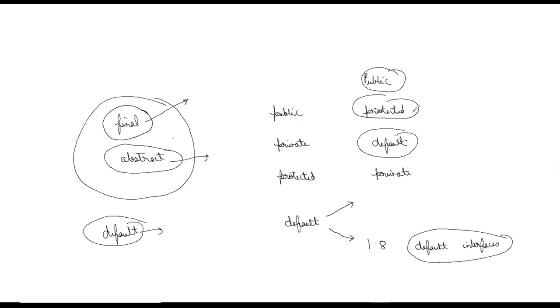Just keep a few things in mind: the protected keyword makes functions and variables available in the same package plus subclasses. Default, in the same package only. Private, in the same class. And public means everywhere. The visibility of public is highest, then protected, then default. And visibility can be changed in the subclass, but it can only be increased. That is, protected can be converted to public, but protected cannot be converted to default or private.